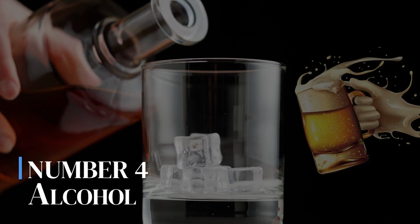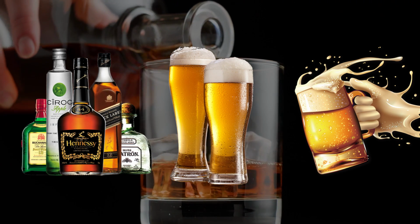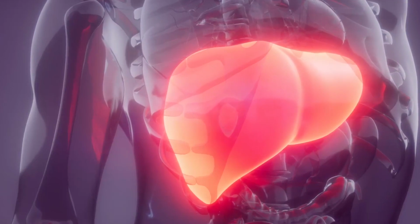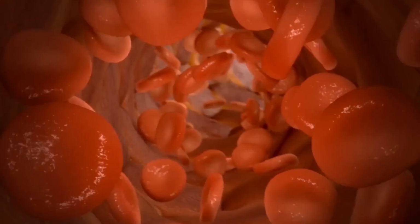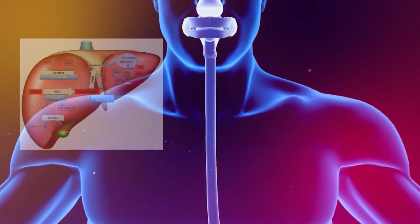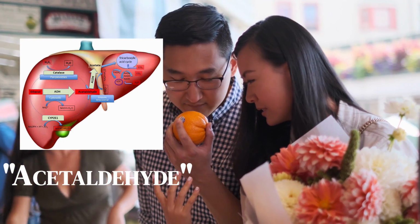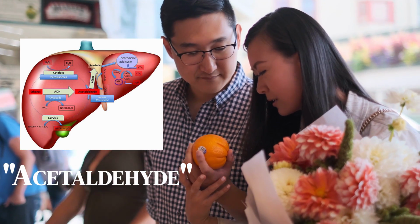Number 4. Alcohol. When you drink wine, beer, or other alcoholic drinks, the liver starts working hard to break down or metabolize the alcohol and forms byproducts known as metabolites. One of these metabolites is called acetaldehyde, which has a sweet fruity smell, but can be very strong sometimes and